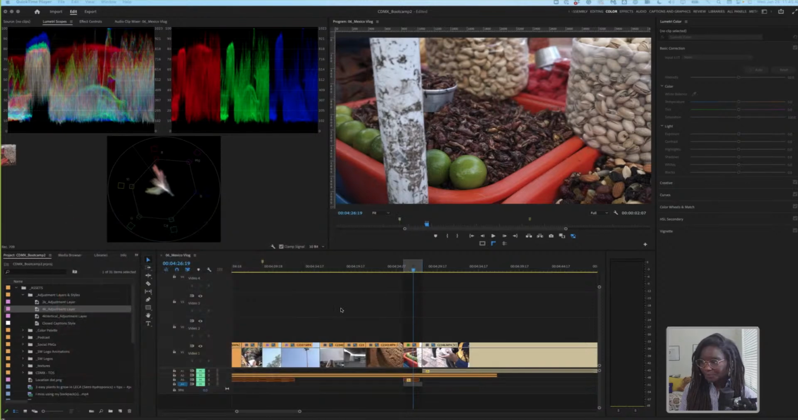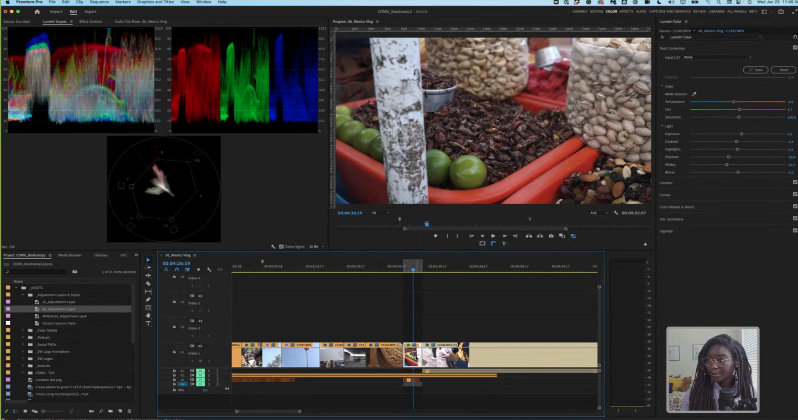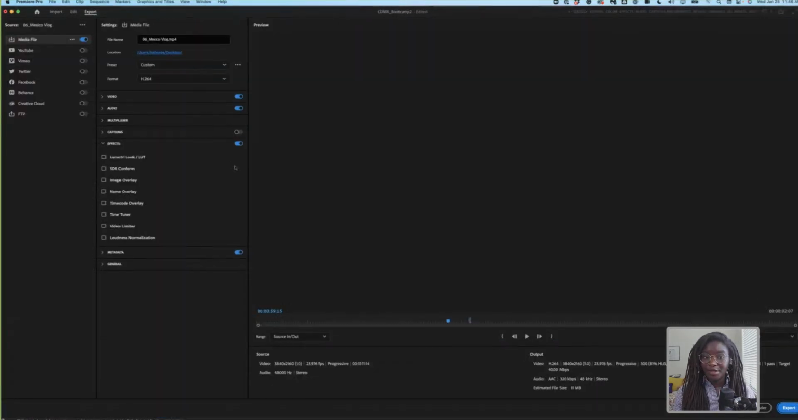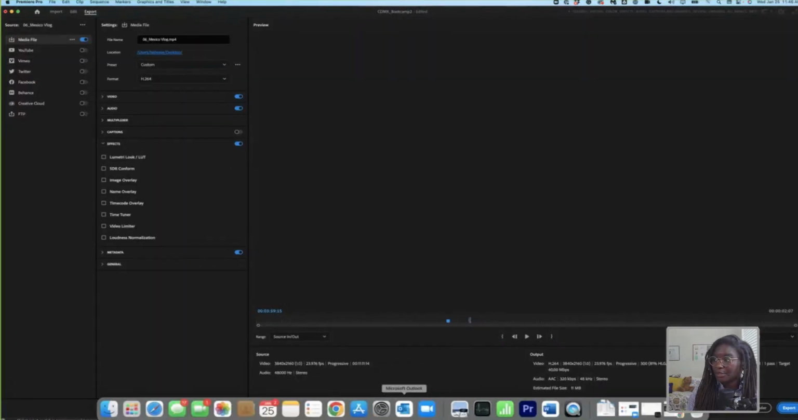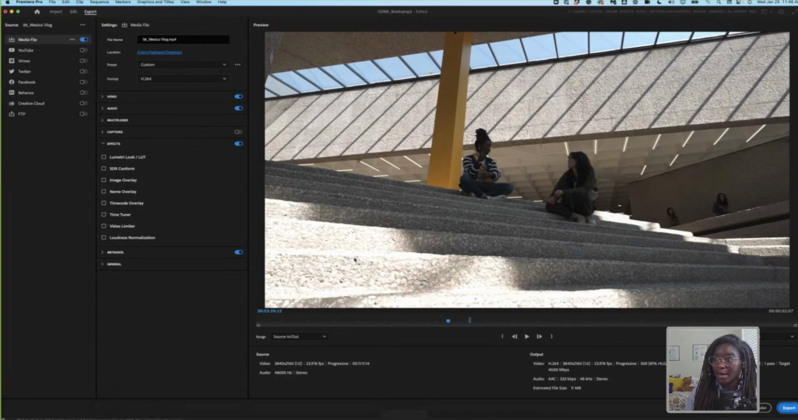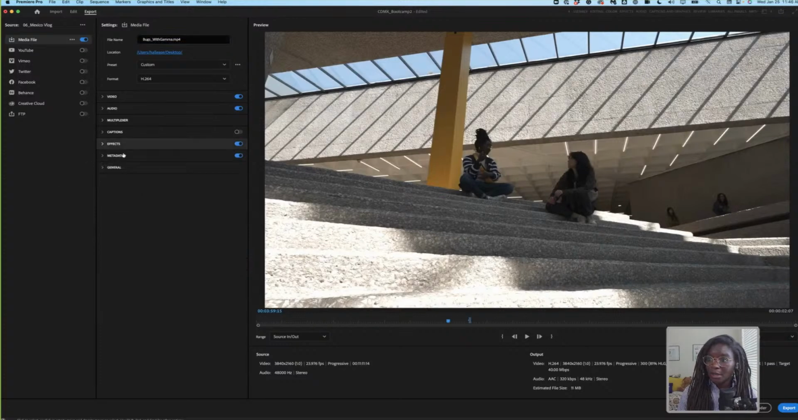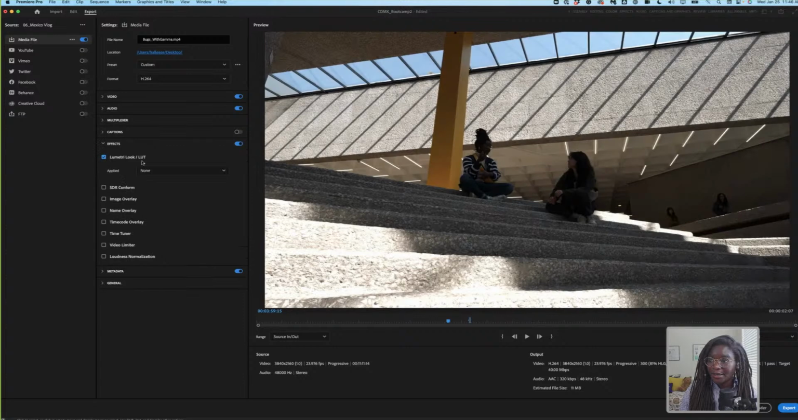So now we are going to hit Command M, Control M again. And this is usually my last step when I am exporting a video, to make sure that it ends up looking the way I want it to look. So we're going to call this one now bugs with gamma. Okay. And then we're going to come into effects, Lumetri look LUT, and you see it already